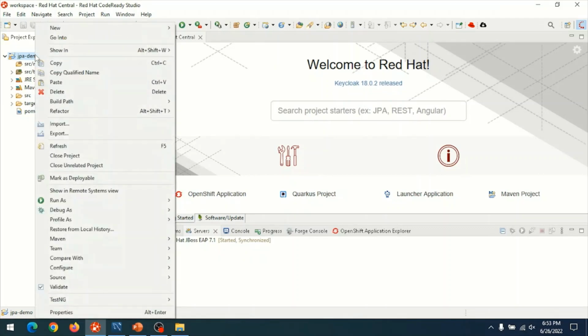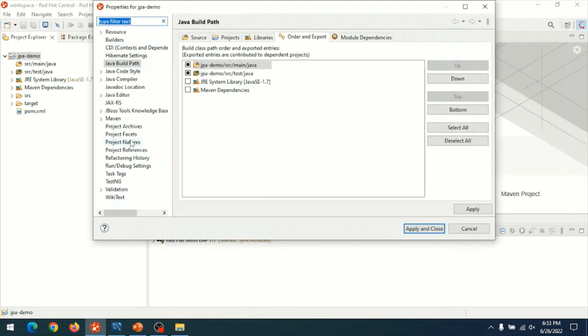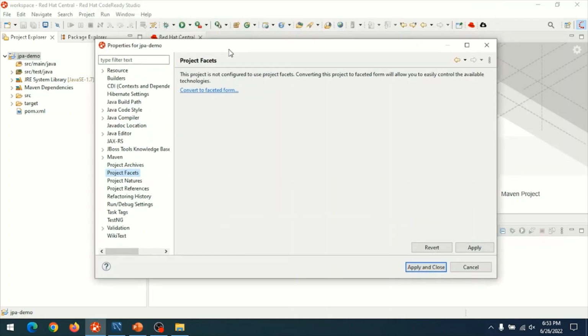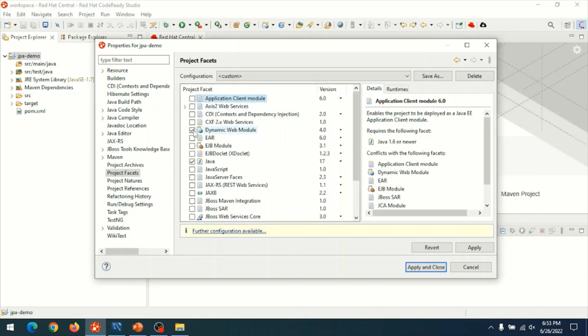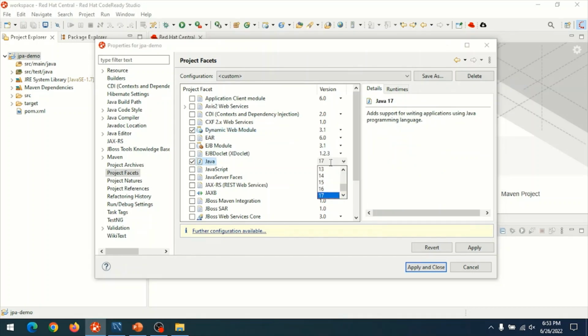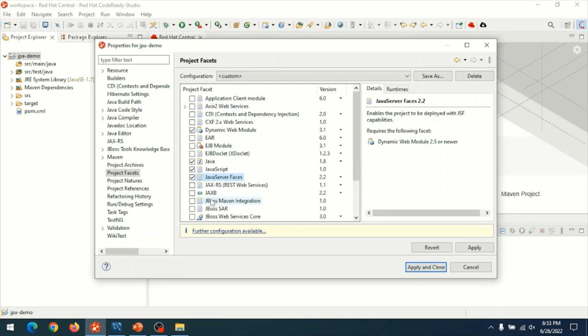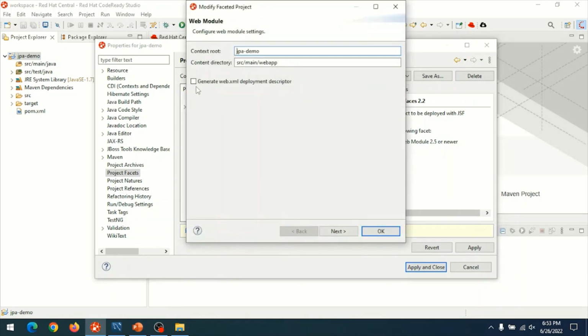Choose the project root directory and use the option build path, then configure build path and select project facets. Click on convert to faceted form and choose dynamic web module version 3.1. Change the Java version as 1.8. Select JavaScript and select JavaServer Pages version 2.2. Then click on further configuration available. Enable the checkbox generate web.xml file